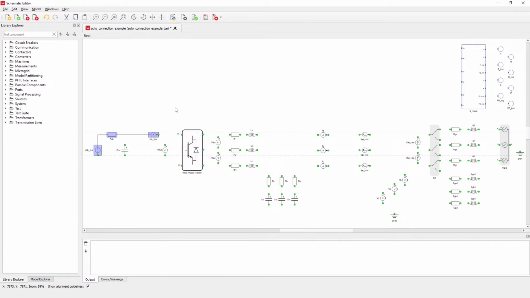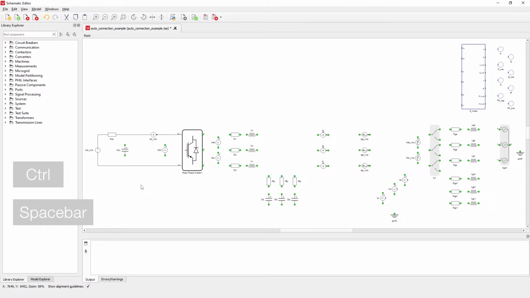Now, let us connect the DC circuit to the inverter. For this and further connections, we will be using the keyboard shortcut. Once again, the shortcut is performed by pressing Ctrl and Spacebar while the desired items are selected. If required, the command can be reissued. We can see that an appropriate connection is created in case terminals of a component, in this case, the voltage source, are located between the terminals of another component, in this case, the three-phase inverter.